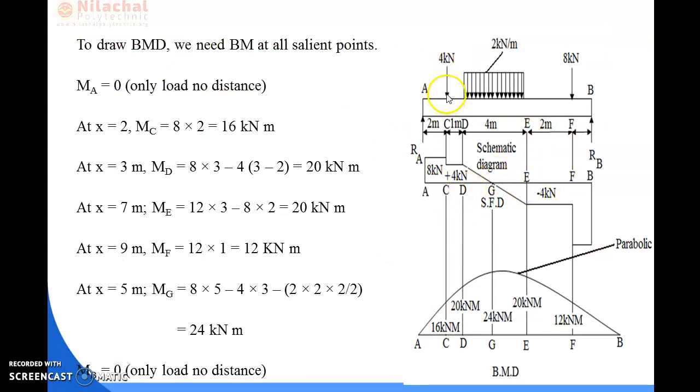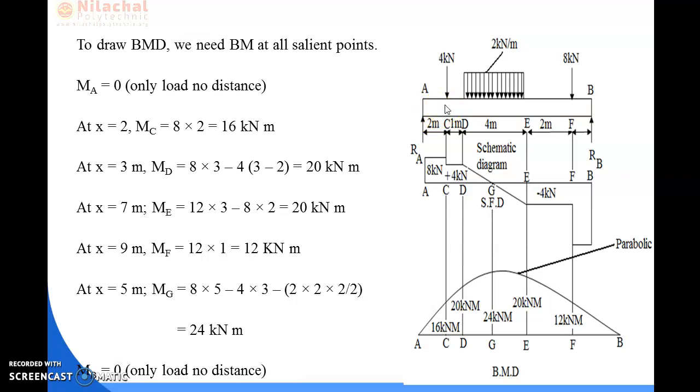We can calculate all of these from one side also, because it is a simply supported beam. For easy calculation, we calculate from the side which has less loading. So first of all, the bending moment at point C, that is MC, is equal to, consider this portion. Look at the left side of the section,